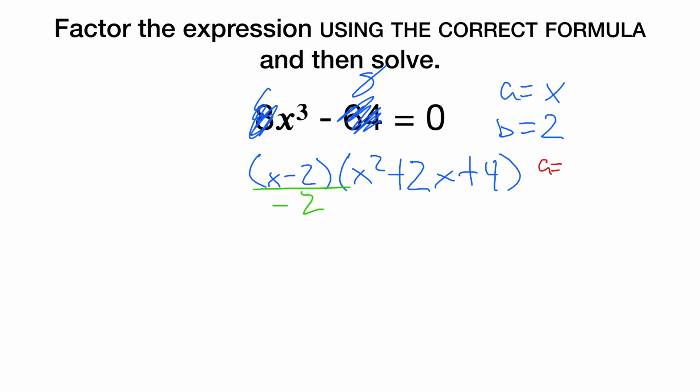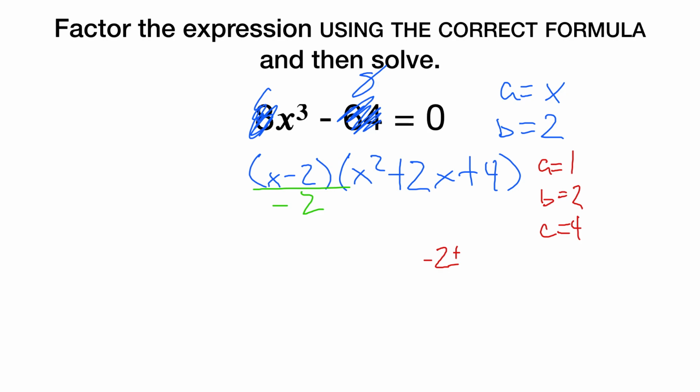So a is 1, b is 2, c is 4. Please do not mix this up with the earlier a and b written in blue up on top. These are different a's and b's. So, let's see. This would be negative 2 plus or minus